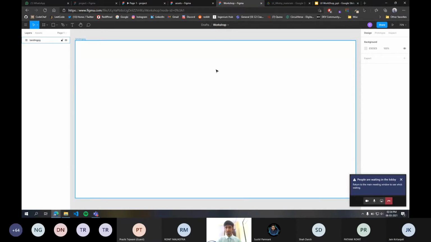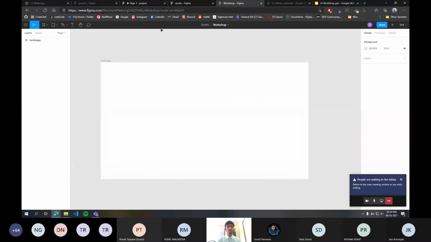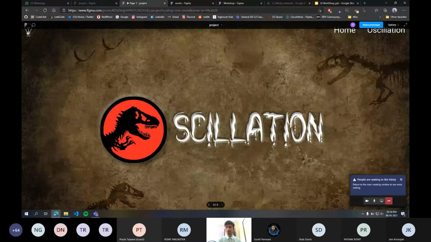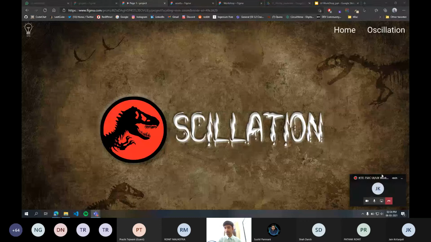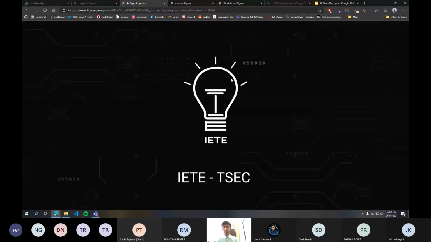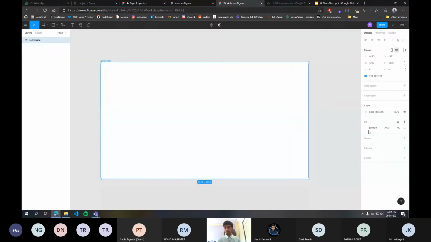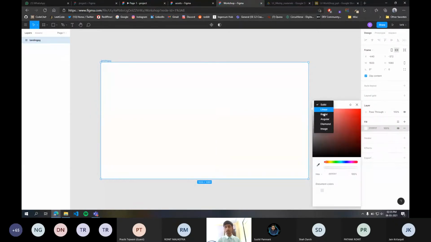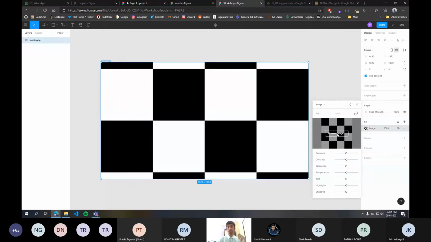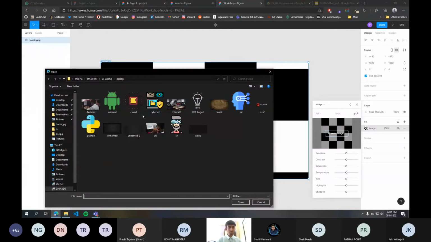Okay, cool. So as we saw in the prototype, this is our landing page, and we are trying to achieve this transition while going from landing page to the home page. So what we can do is select this landing page's frame and then fill it with an image. The background fill for the landing page was a moving GIF. So we click on image and then choose image.